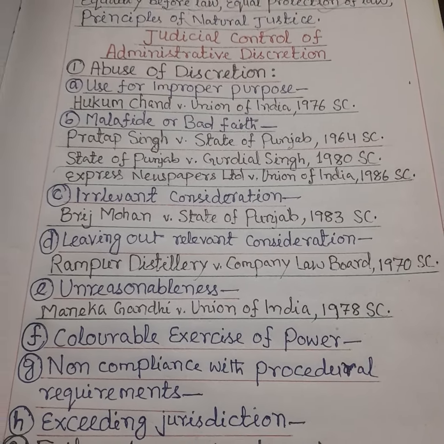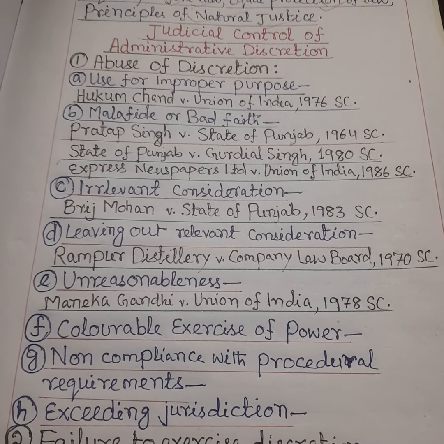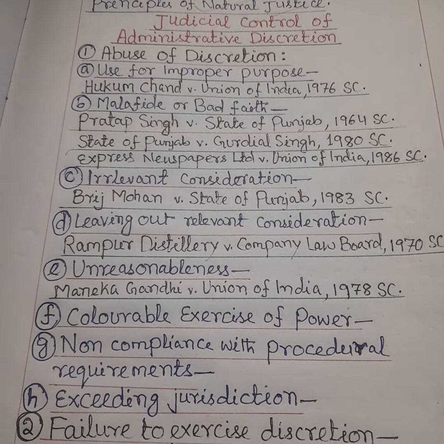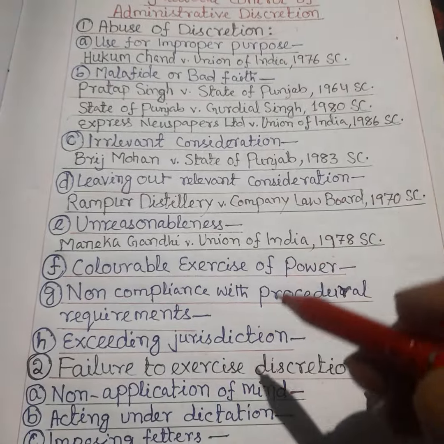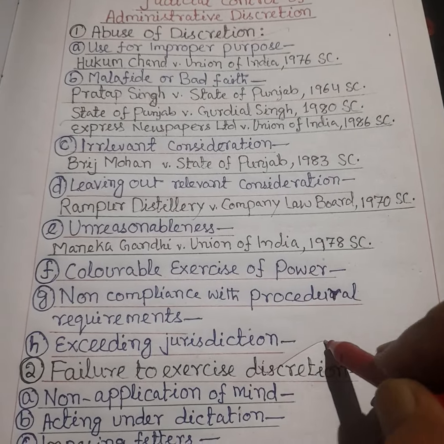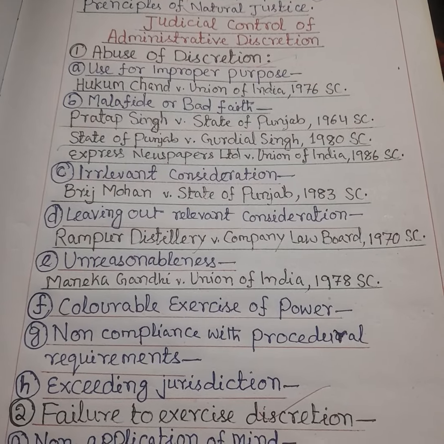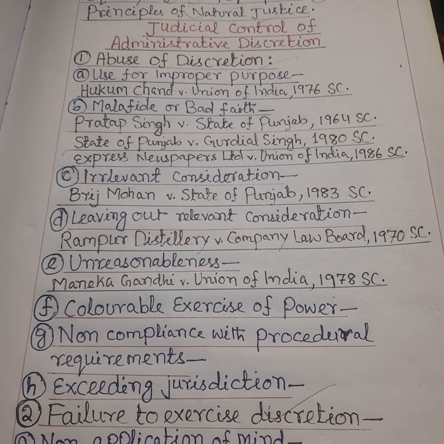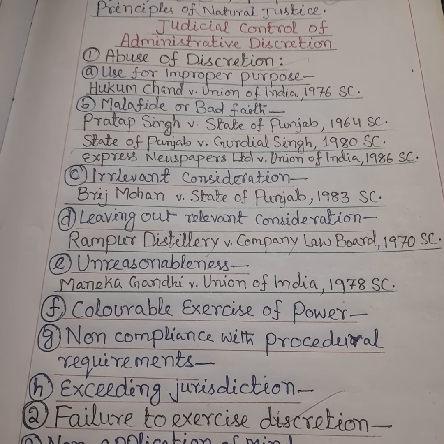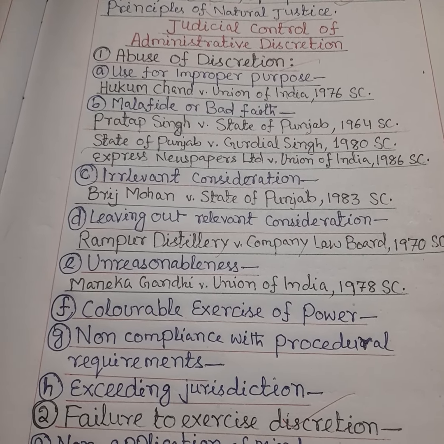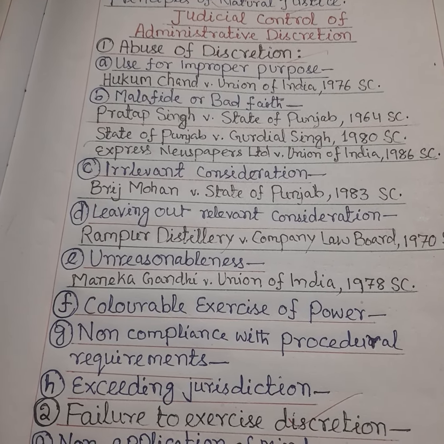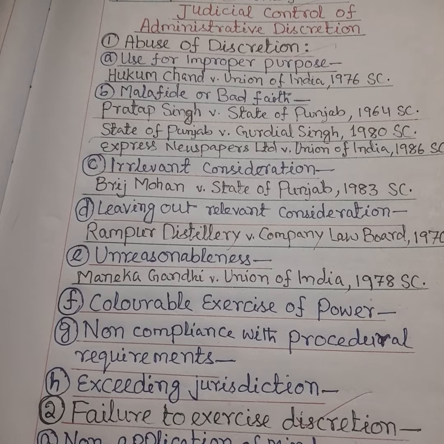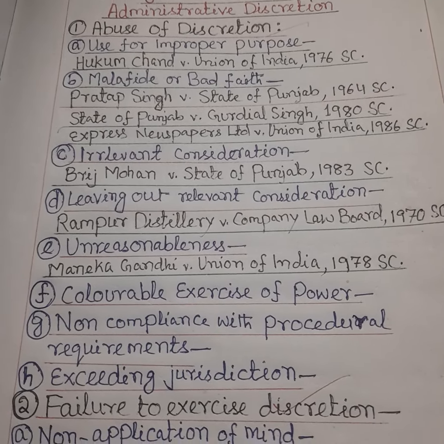Judicial control of administrative discretion is divided into two categories. One is abuse of discretion, and the second one, failure to exercise discretion. Abuse of discretion means the discretionary power is required to be exercised according to law. When the mode of exercising a valid power is improper or unreasonable, it is an abuse of power, and that